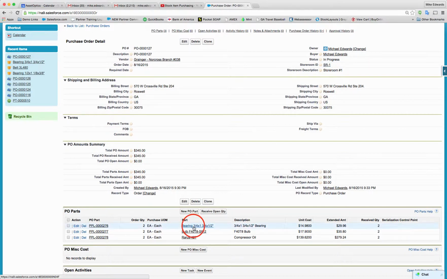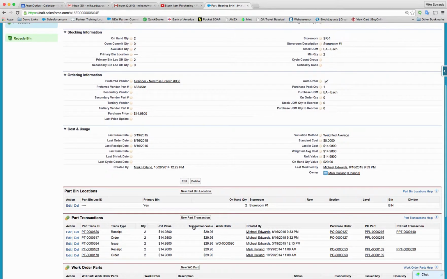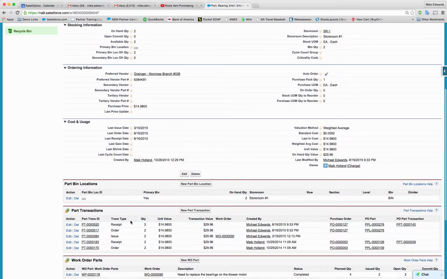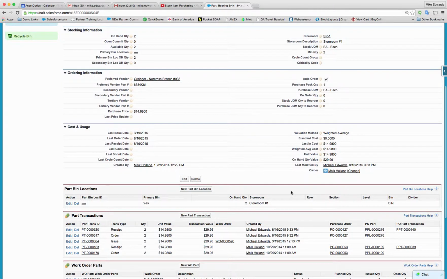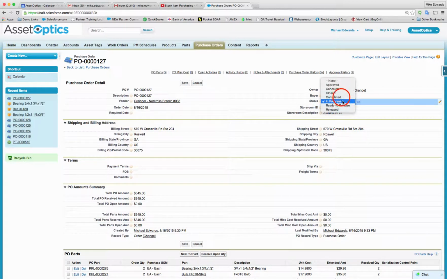If we go take a look at this part, same part that we looked at before, we can go here and we could see that this was the first transaction, was the order, and we can see that we now have a receipt transaction for a quantity of 2, and the on-hand quantity for this item has subsequently increased. We'll go back to this purchase order, and now that it's been received in full, we will change the status